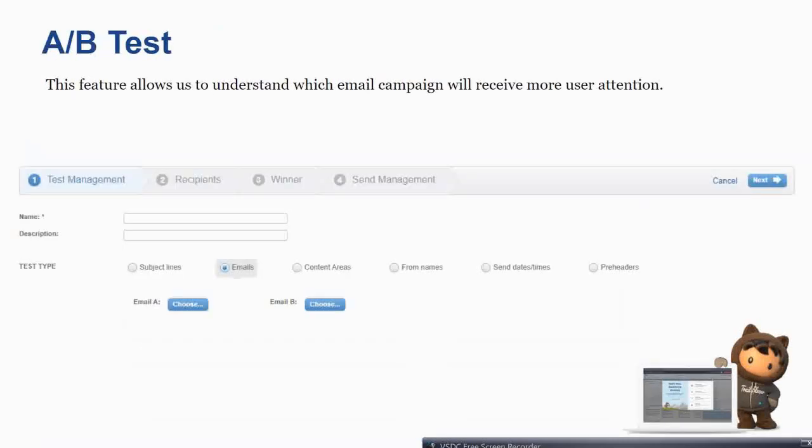Now A/B testing. A/B testing is actually almost everywhere. Similarly, it's here in Salesforce Marketing Cloud as well, where you take a percentage of your audience and you take, let's say, two emails with different subject lines, and see which gets more clicks and opens, which is more user friendly, which attracts more users or more traffic, and then you use that to target the users. Okay, so it's kind of a testing thing. Either this works or that, let's see which one works, you take that and then use that email or SMS or whatever.